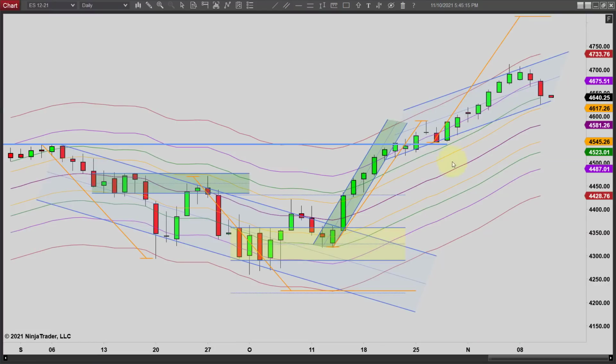Okay, here it is, and you can see this spike in channel, and we did bounce right off that trend line, and now after hours we're kind of still trending down there after that bounce off the lows. So will this channel continue to hold and we go higher? You can see we definitely came off of that overbought situation, and now we're down into the green. I would like to see it come back to the midline at least before going higher,